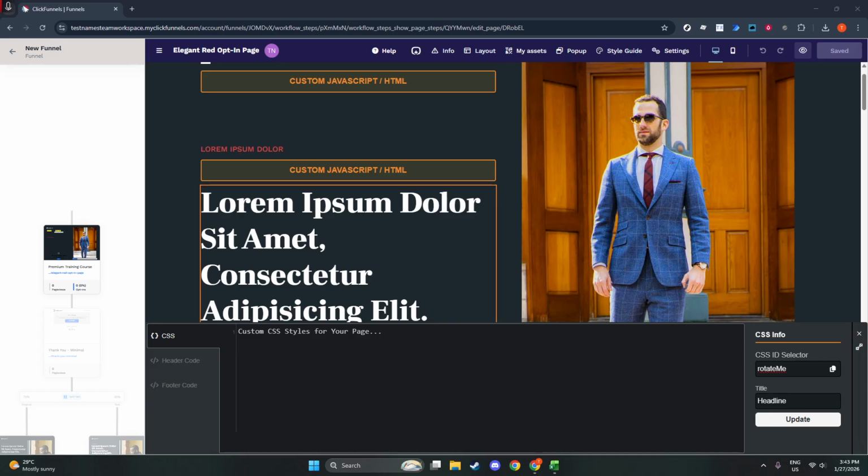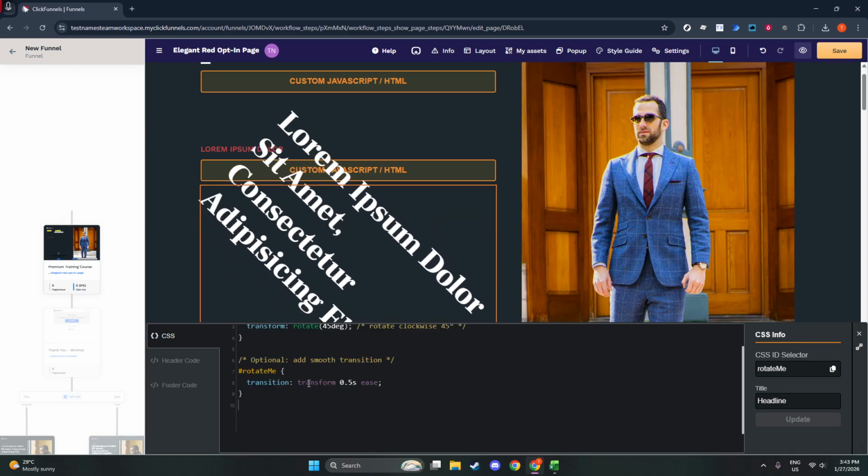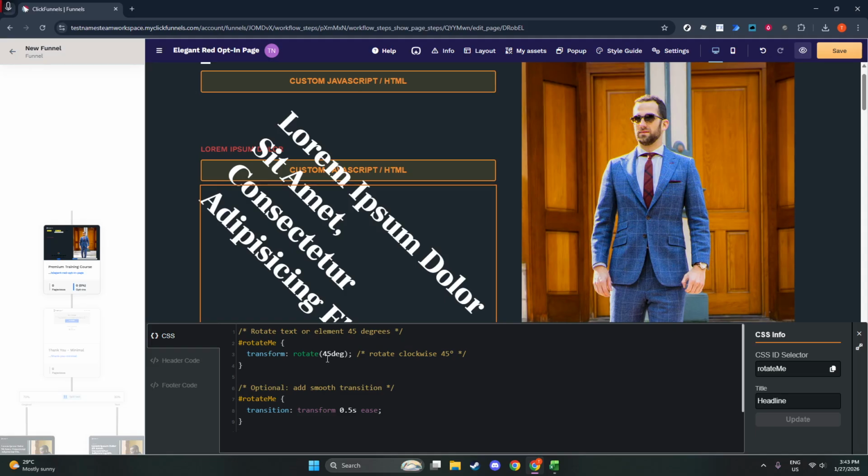Next, we'll add the custom CSS that does the rotation. Still in the editor, open Settings, then choose Show Code or Custom CSS, depending on your version. In the Custom CSS area, paste the following. Rotate text or element 45 degrees: #rotate-me { transform: rotate(45deg); } Rotate clockwise 45 degrees. Optional: add a smooth transition: #rotate-me { transition: transform 0.5s ease; }